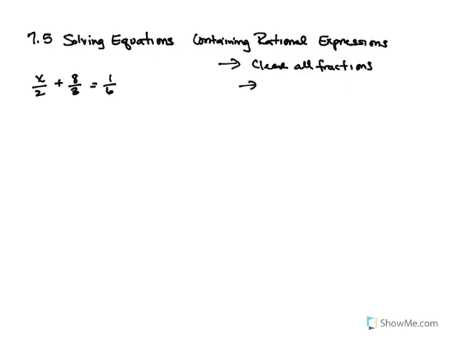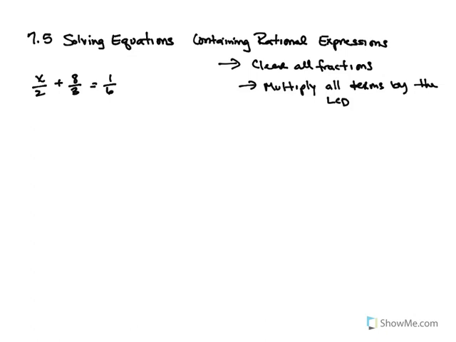The way that we do that is that we multiply all terms by the LCD. So we identify the LCD of the equation, and then we'll multiply every single term by that